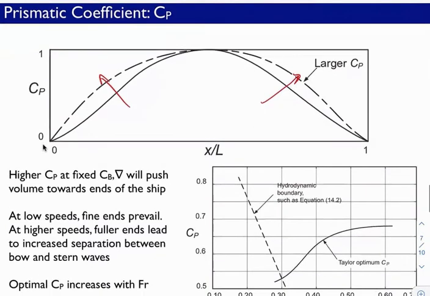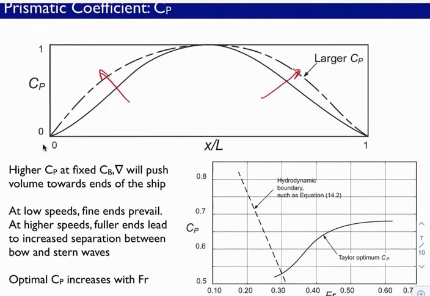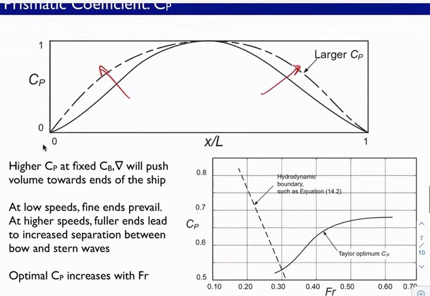At low speeds, and Froude number is the best way to put it, at low Froude number, you're better off with finer ends in terms of prismatic coefficient. This is because viscous drag is prevailing, and you reduce separation by having a more streamlined vehicle. However, when you get to higher Froude number and the wave making becomes more important, then what happens when you